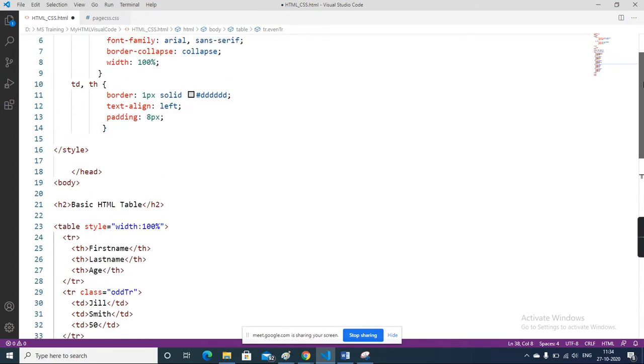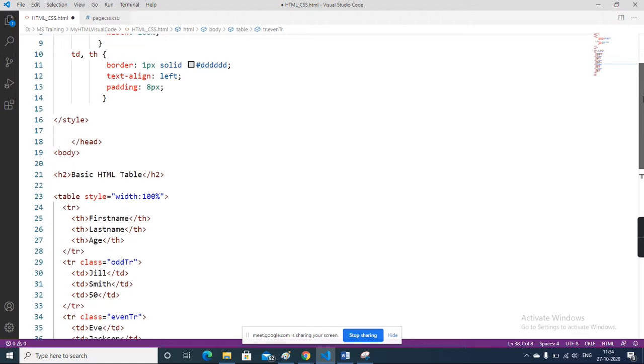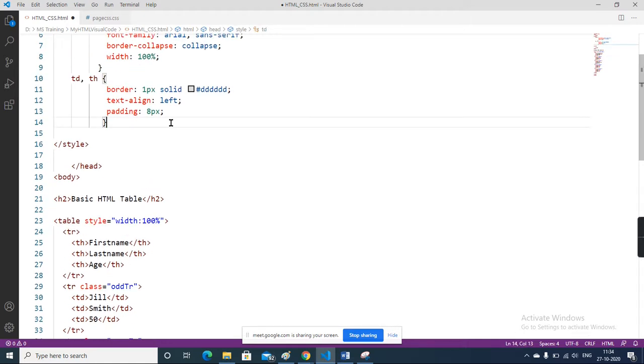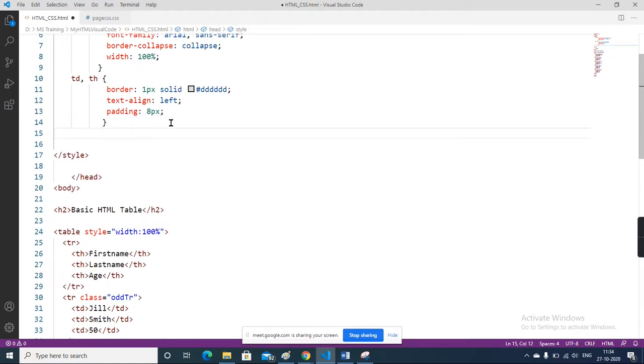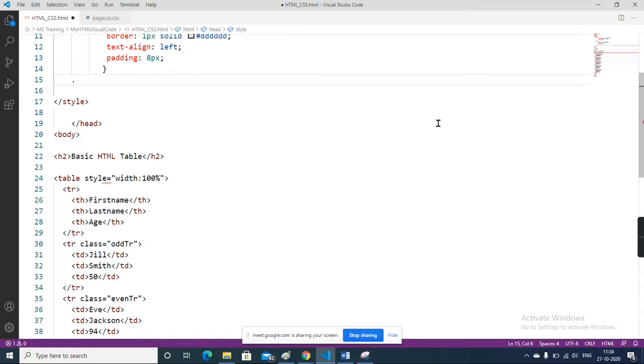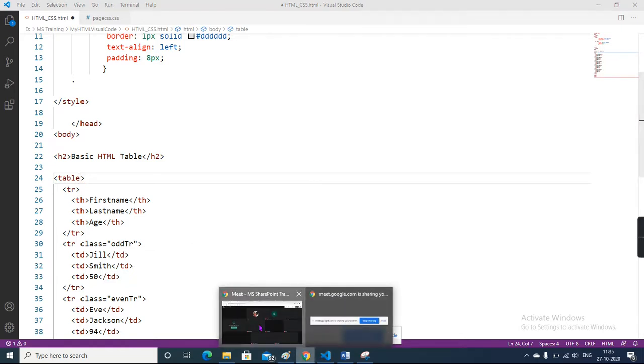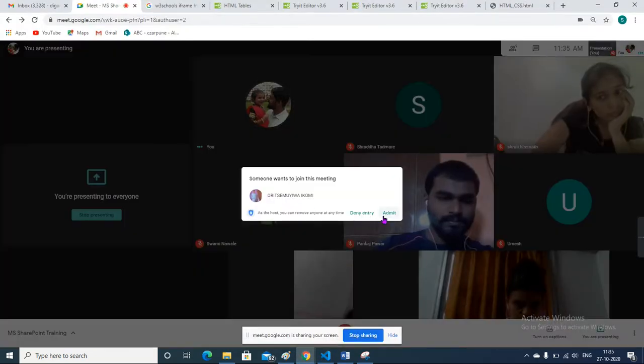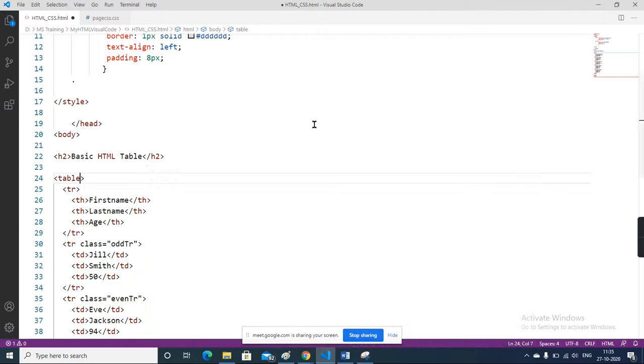Now I will apply some CSS on this class. So how do we apply CSS on a class? We say dot, as I have already told you how to apply CSS when you refer to the class and when you use the id. So here the table is there.